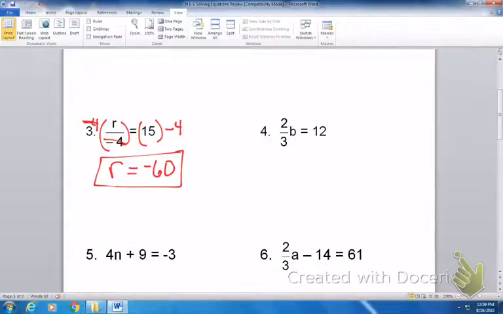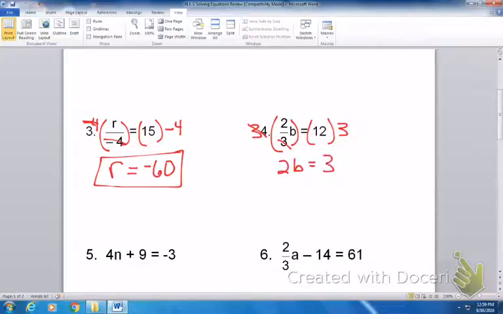Now, this one looks a little different on number 4. It's 2/3 times b equals 12, but really the same principle applies. Now, some of you may be saying, well, we can multiply that fraction by its reciprocal. Instead of 2/3, we'd use 3/2. But all you really have to do is multiply both sides again by the denominator. So I'm going to multiply both sides by 3. Well, the 3's cancel out, and that leaves me the 2b. And on the other side,